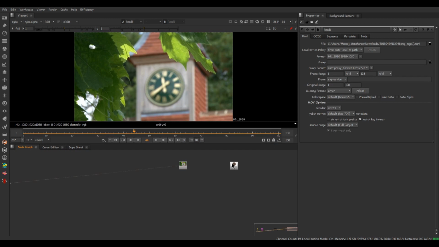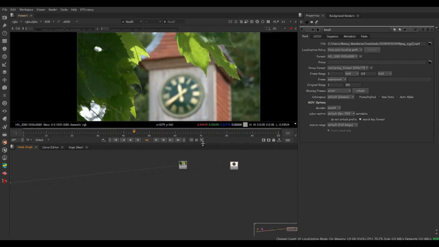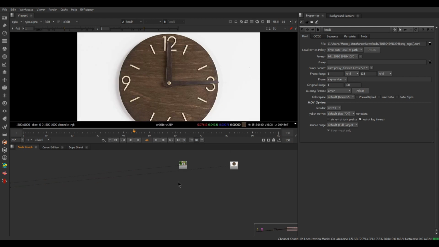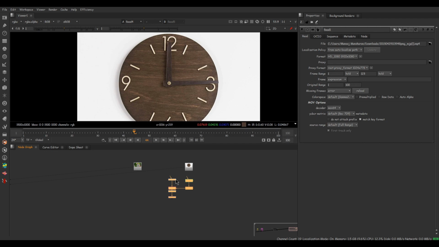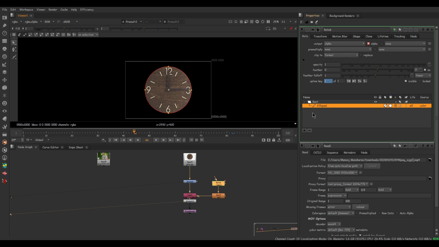So here is the footage, and also I have an element, a clock, and it needs to be replaced here where the clock is here. So I have to composite this clock to the same position. I already made this to save time in the tutorial. Connect this grade node to the plate. You can see the grade node is offsetting the color a bit. I have used a copy node to use an alpha from this roto to premultiply. Used an ellipse roto spline as it's easy to trace this clock. Also used a transform node to match the position.